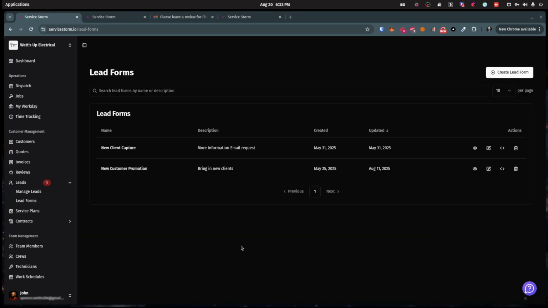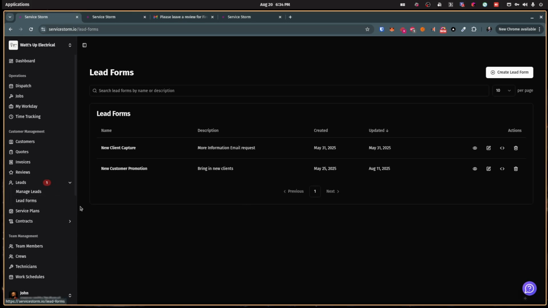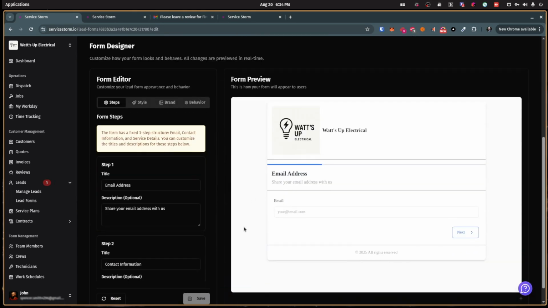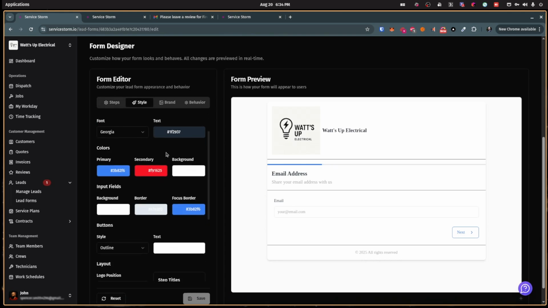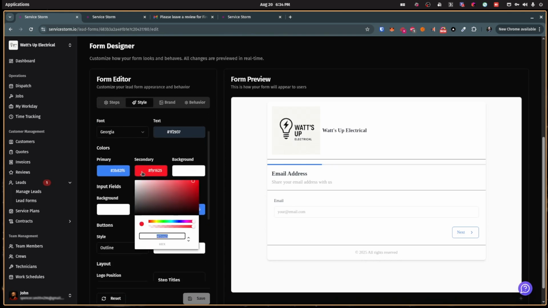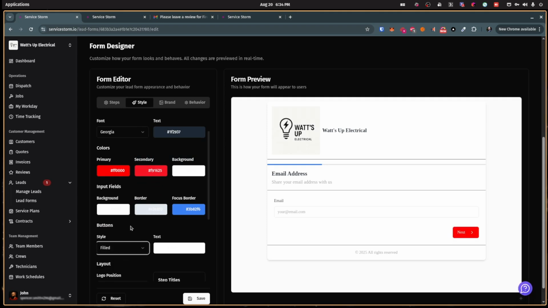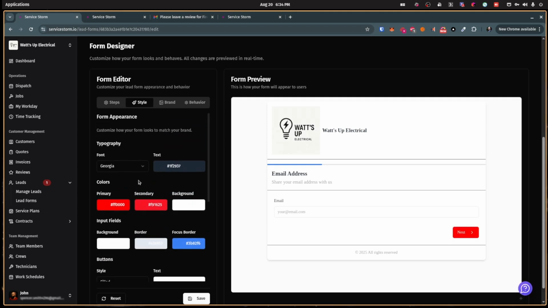Okay, and next very important feature to cover is leads and lead forms. So what we have here are lead forms that are embeddable on your website. So you can edit these forms, open them up, and you are welcome to edit them and change them to match your branding as much as possible. So let's say maybe our branding is, I don't know, red. We can do this and we can see our button is changing. We can change the style from outline to filled, etc. We can change the fonts and so on to try to get this form to match as closely as possible